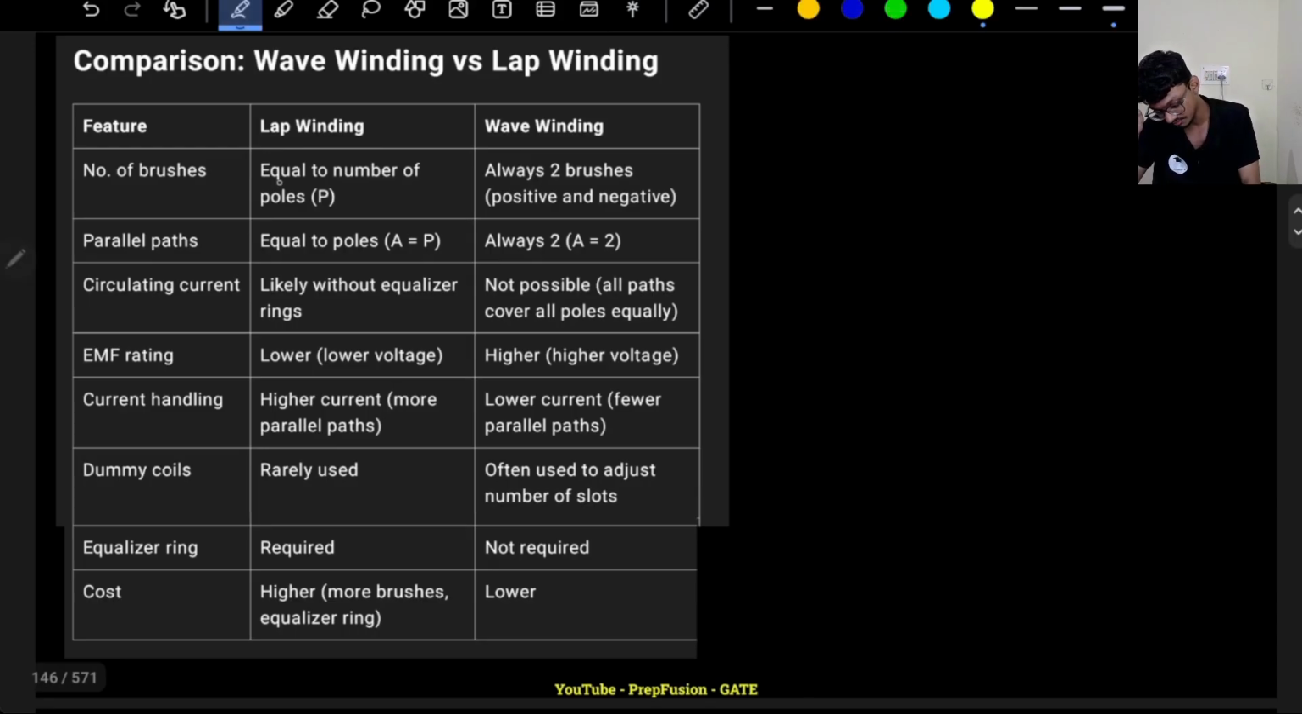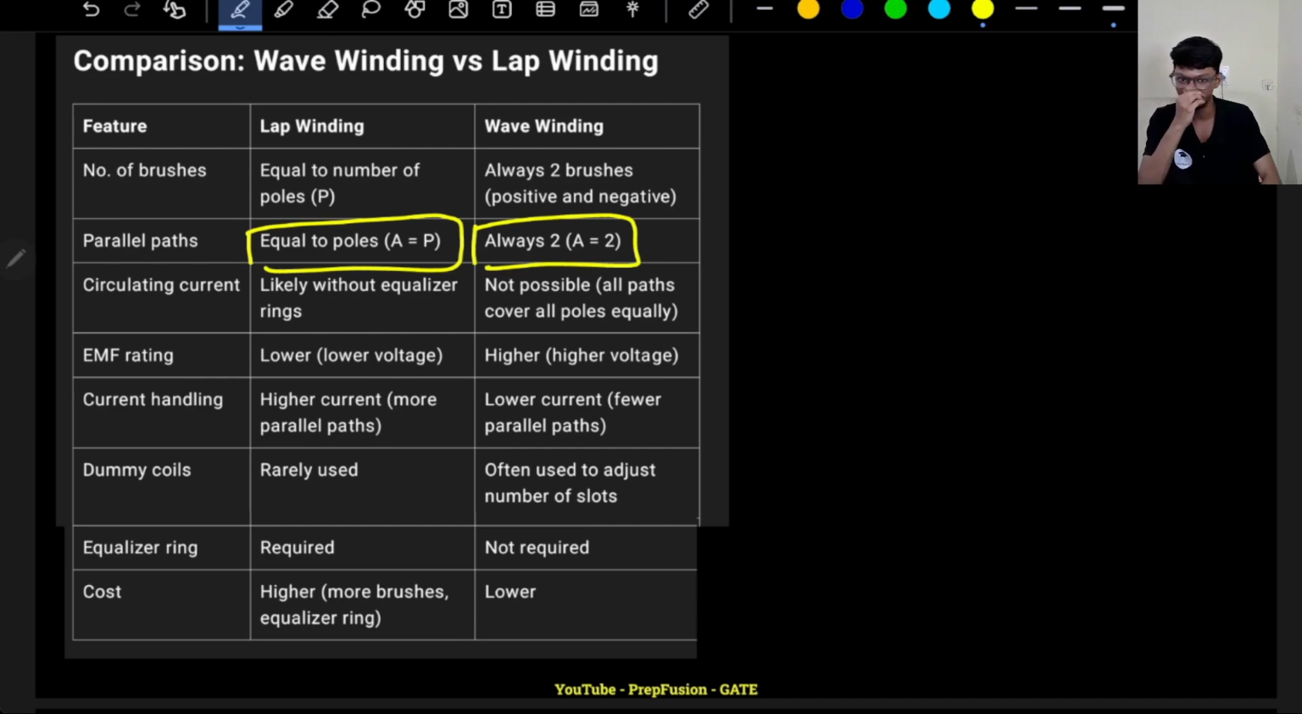Most important difference is this one, right? The number of parallel paths, because this will be used to derive the expression of the induced EMF. Okay, so yeah, you can go through the differences. So now one more